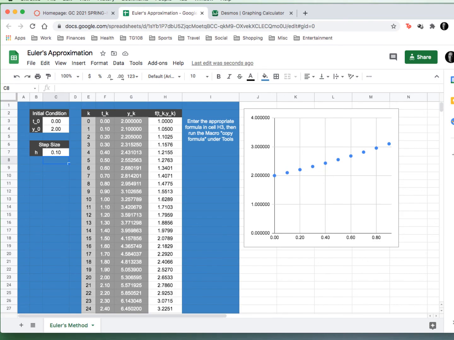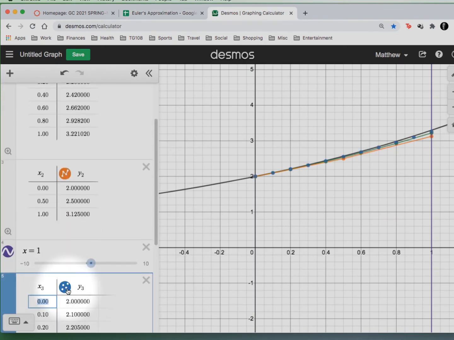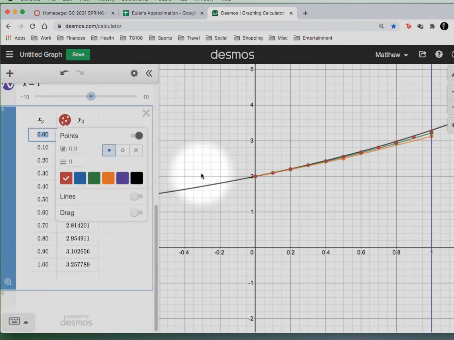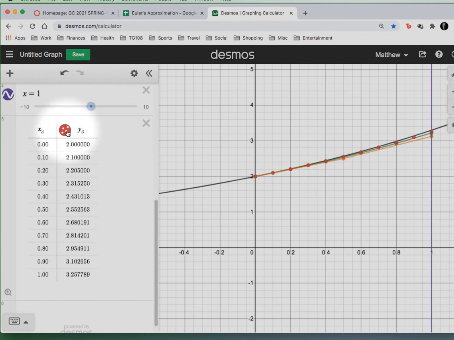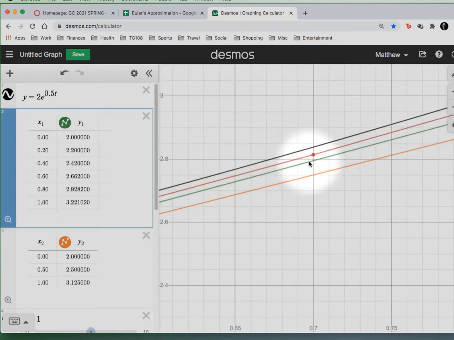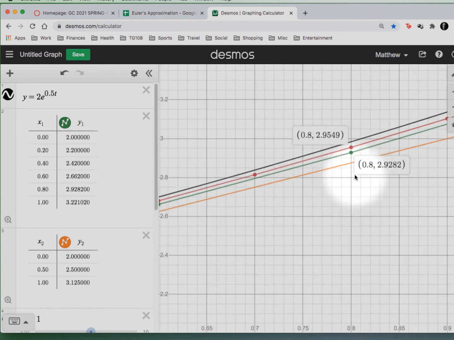And to confirm that, let's go ahead and copy all the data up until we get to t equals 1. I'm going to copy that, go to Desmos, and let's create a new table and paste it. Let's make its color be something else. Let's go with red. And let's put the lines. Okay, now specifically, if I were to zoom in anywhere, any one of these locations, you'll see that the red is an improvement even on the green. And if you go to the very end,